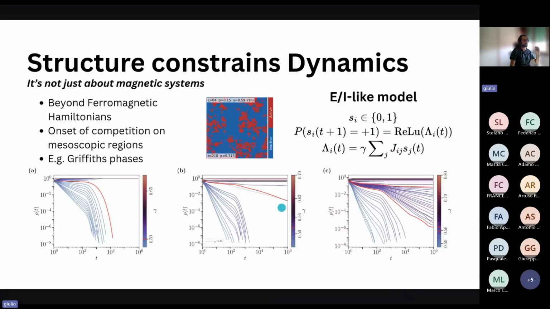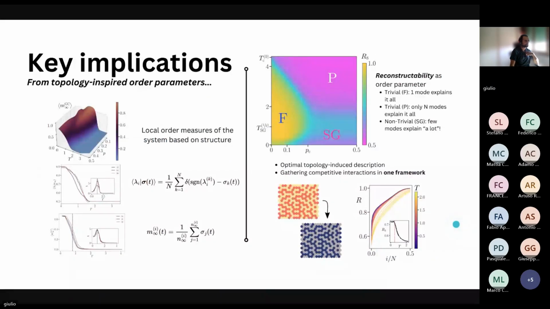While when you start adding negative links, it turns out that slowly decaying processes start emerging, at the critical point exactly in one point in gamma, while above the critical point an entire Griffiths phase dominates, and the onset of competition between mesoscopic regions starts dominating the system. And so we proved that it is much of the structure that also explains the emergence of some important dynamical transitions in this kind of antagonistic dynamical system.